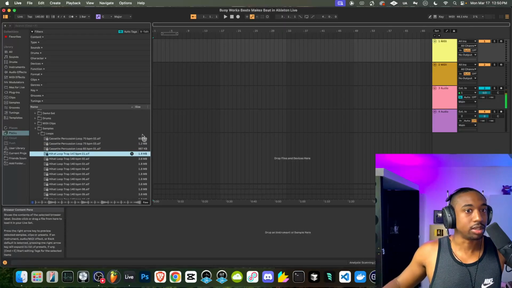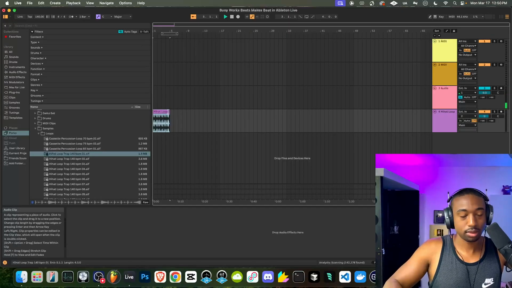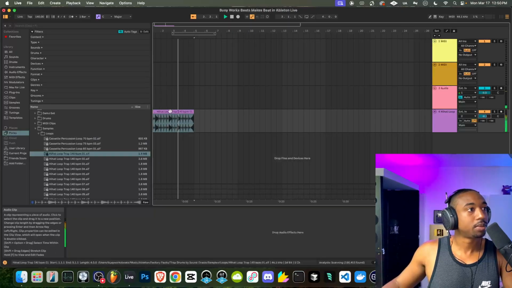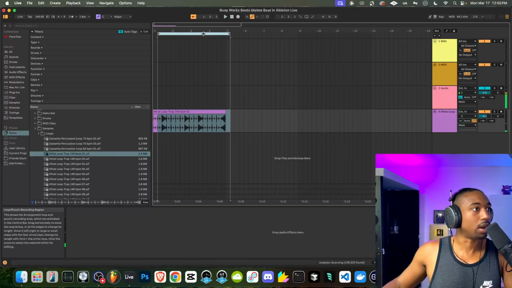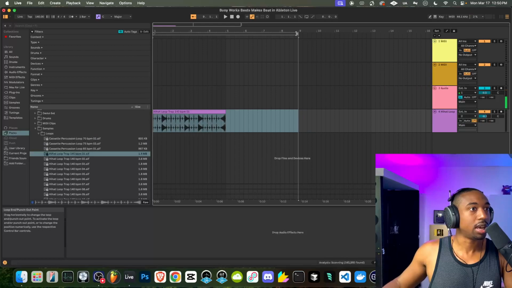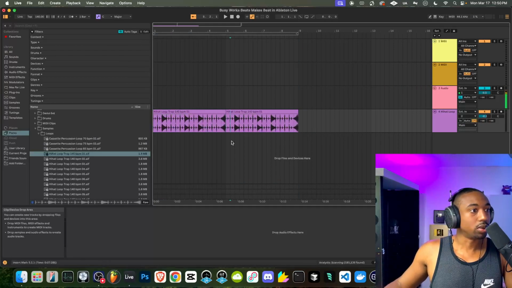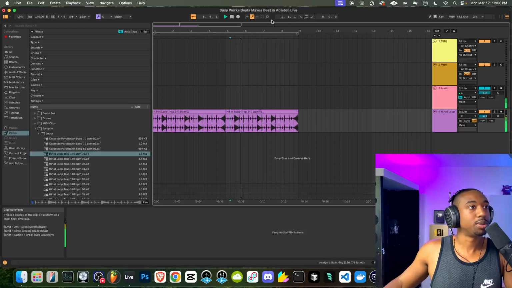Okay, so let's drag this into an audio track. Let's turn this one down. So I just need a rhythm to build around. Okay, so let's just drag this to 8 bars. I've noticed a lot of people in Ableton, they start with loops and then they build around it. Control D is duplicate. Put this on loop mode.